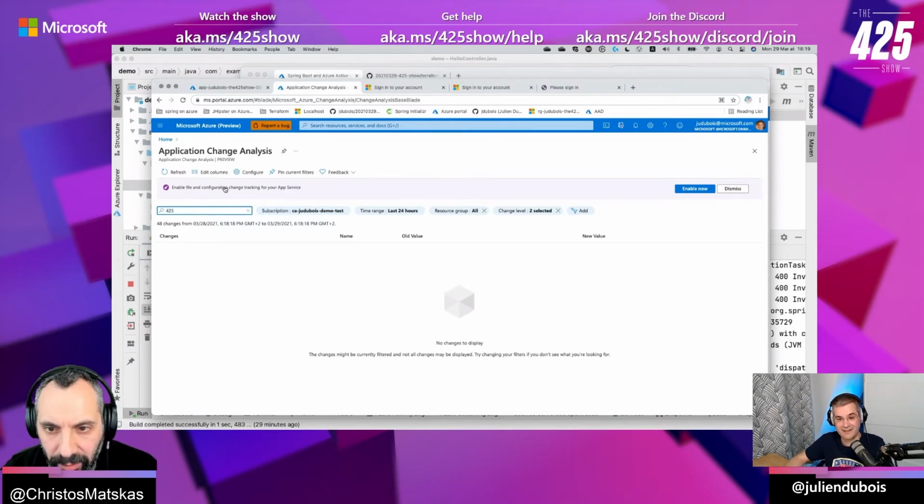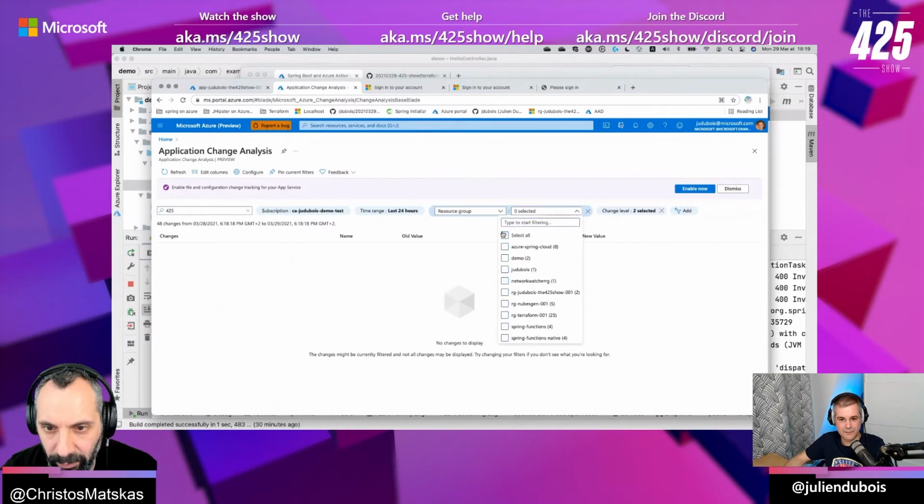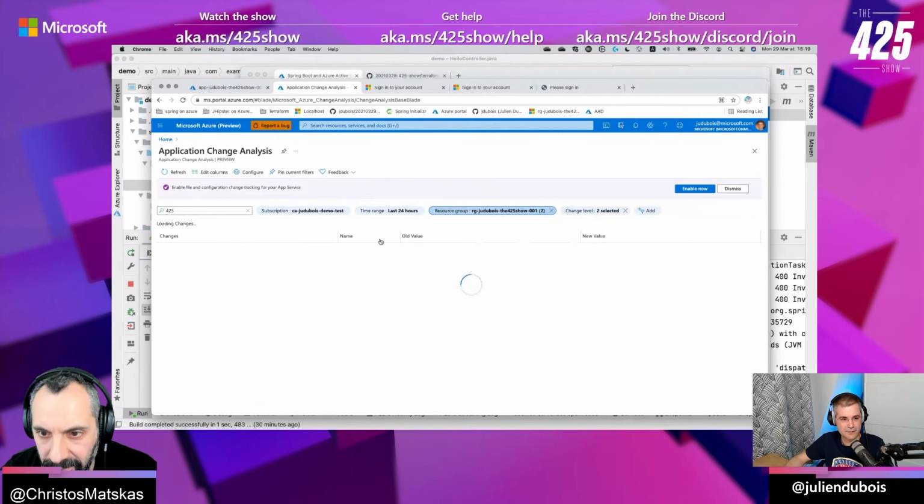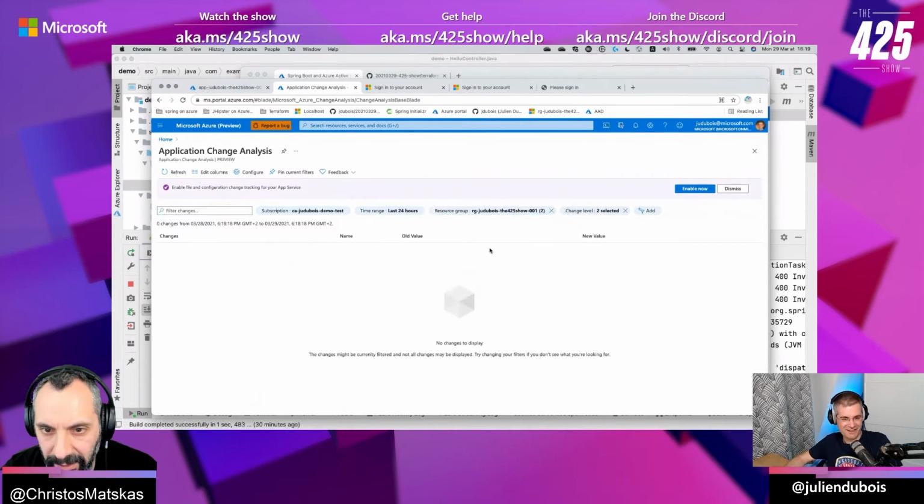Do you know which resource group it is? Up there you can select the resource group at the filters. Scroll right next to the text box. Yeah, there's resource group. You can filter to that resource group and say, I want to look into that resource group. Is it this one? Yeah. Like nothing happened. I'm pretty sure we did some stuff. Yes, we did do some stuff.